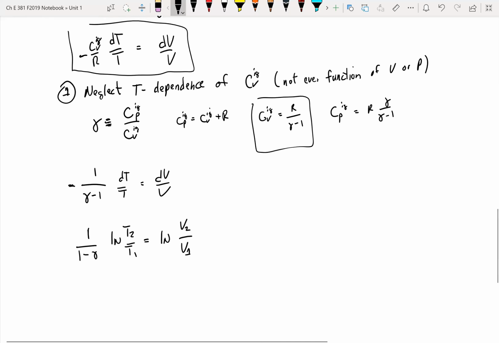So then again, if I integrate both sides, I'm going to have a 1 over 1 minus gamma factor multiplying the logarithm of the ratio of the temperatures on one side and the logarithm of the ratios of the volumes on the other side. And it is that derivation where equations